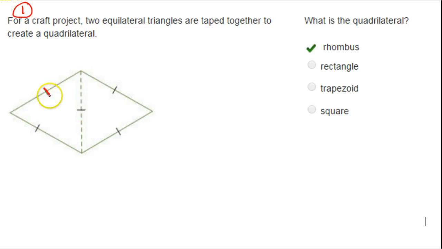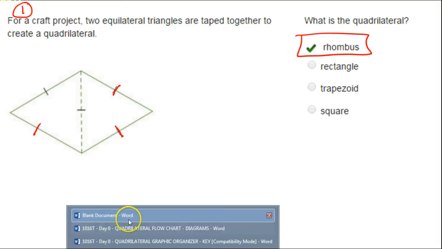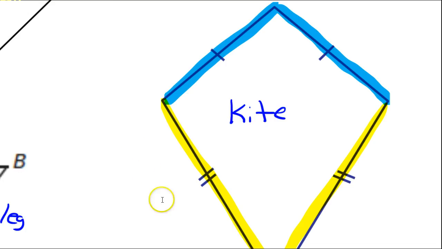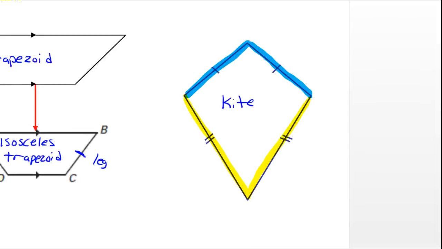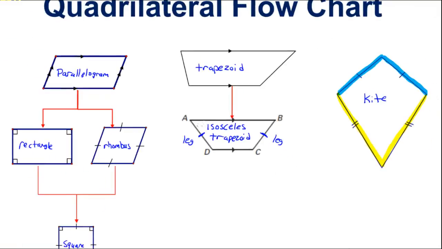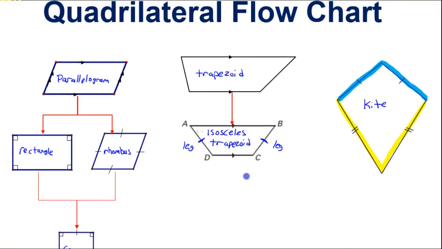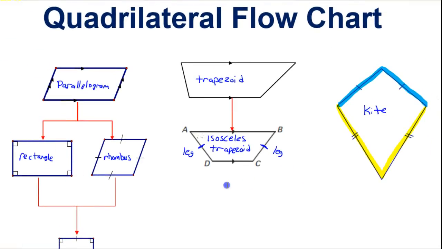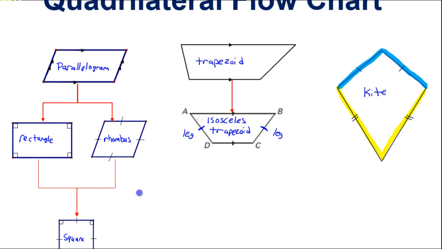Now, do you remember, what do you call the shape that has all 4 sides congruent? A rhombus. That's a rhombus, okay? That's why the answer to this was a rhombus. By the way, I need to mention something to you. We went over a lot of different things and names. But when they ask you to name something, you have to be as specific as possible. So remember,